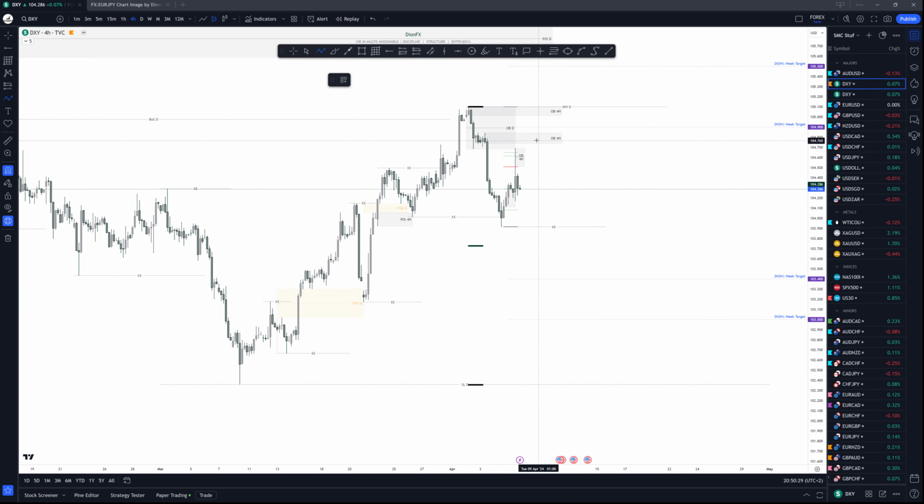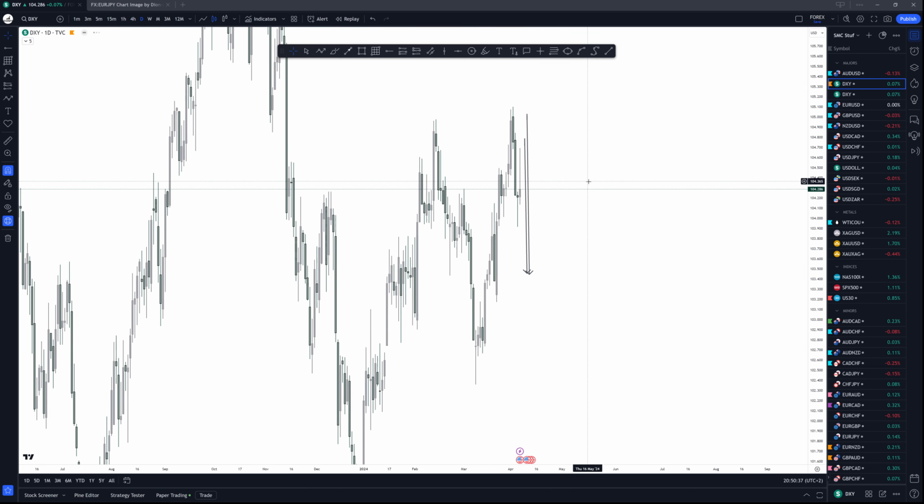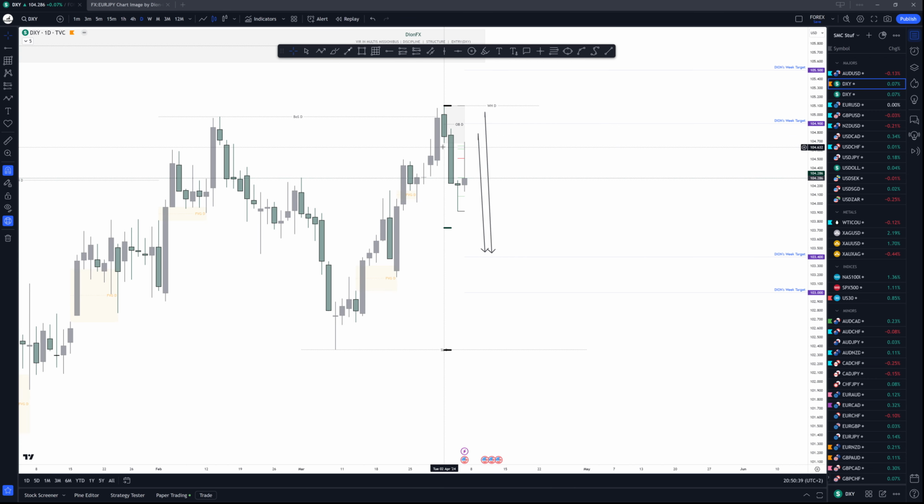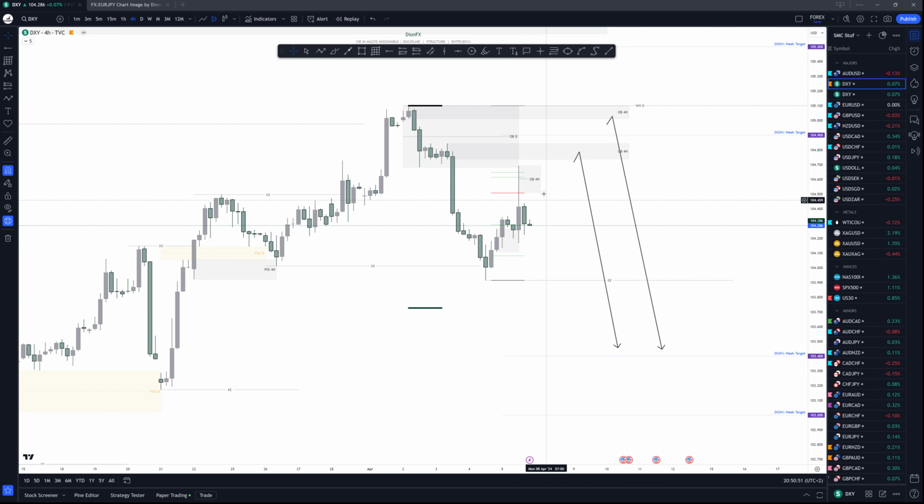So I would like to see the market come to these levels, and then from there sell it to the downside. Okay. But as we see on the daily time frame, price has already tapped inside of that daily order block. If you see right here, price has already tapped inside of it. So price can easily decide to drop from here to the downside without coming deeper inside of it, right? But the best place to be selling from will be around those other blocks.